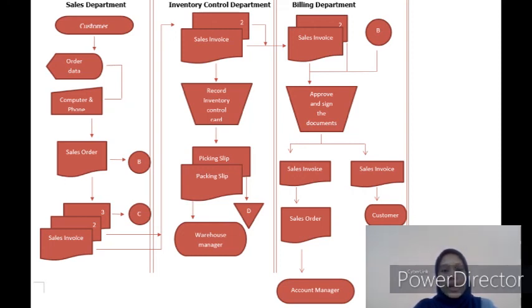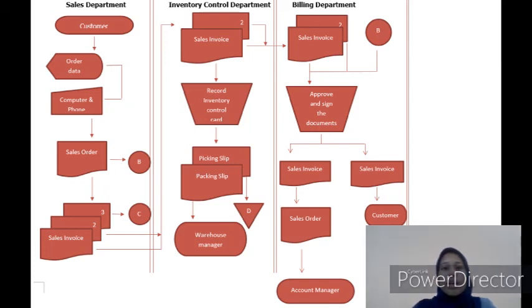For the department, the sales invoice will go to the staff, who will record the inventory control card manually, and then the staff will make a document of packing slip and picking slip, and then give them to the warehouse manager.